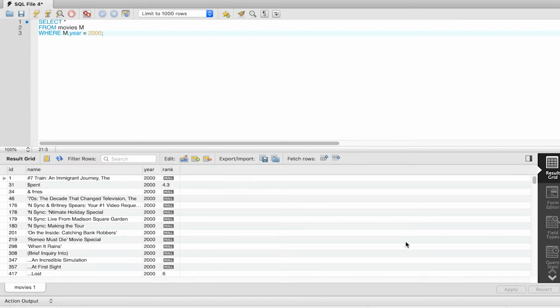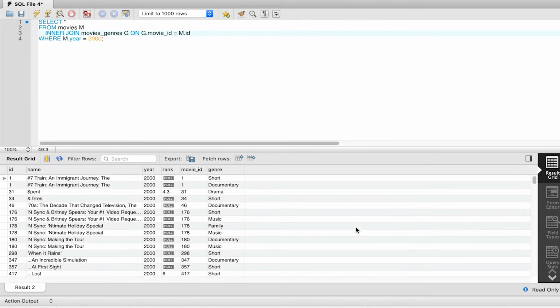We also want to get back the genres of these movies because this is how we are going to do our aggregation. So we go now to our query and we are going to add the table movie genres with an inner join. So we add in the from clause inner join movie genres g on g.movie_id is equal to m.id. And then we have, of course, the where m.year is equal to 2000 and so on. Let's execute this query and you will see that we get back the same results, but now all the movies have the genres in an additional column. Now we have this join result.